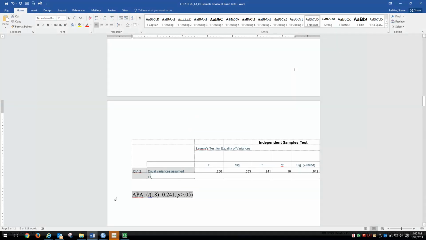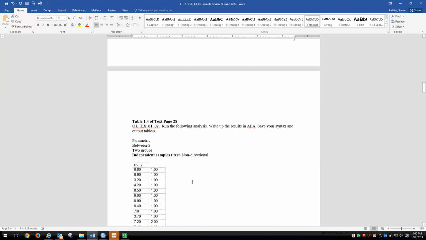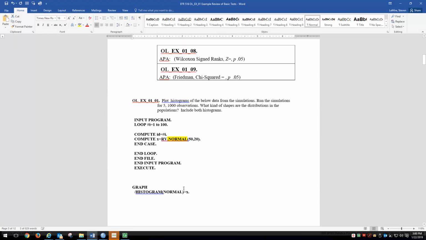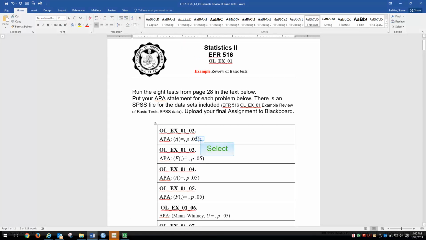So I'll just take this and I'll bring it back up to the assignment. And for the answer, I'll just paste this right over. Okay, and that's the answer for the first one, meaning we don't find evidence of statistical significance for our first test we've done here, which was the independent sample t-test. Okay, we'll come down to the next problem,